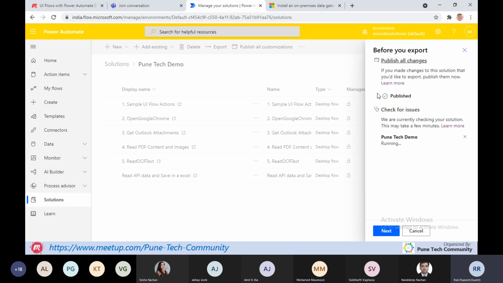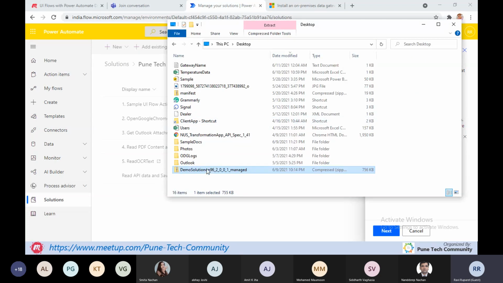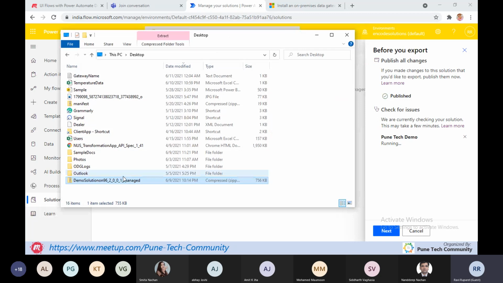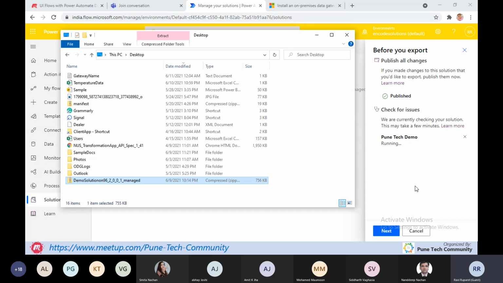So for now, I have exported one sample file. Let me go to the desktop, and I have exported this solution. Once this screen is rendered, we just need to click on the export button.